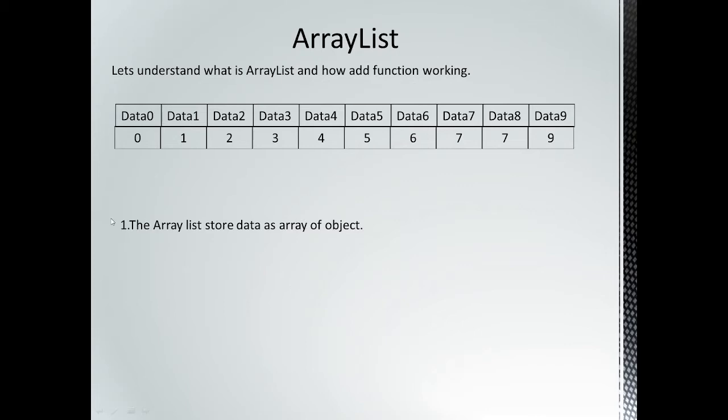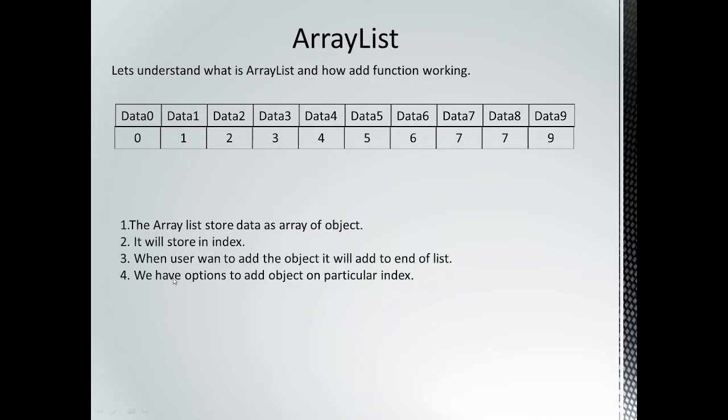As I told you, it will store the data of the object in the index. When you want to add an object, it will be added at the end of the list mostly, not every time, but we have the option to insert in between. But that will be costly for the list because it needs to re-index again. If you delete, modify or add anything, it is always going to re-index the whole list, so it will be costly for the array list.